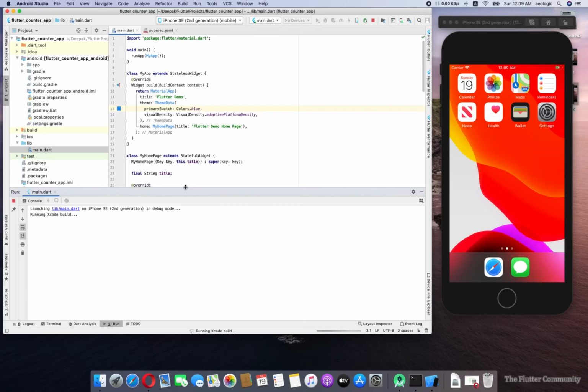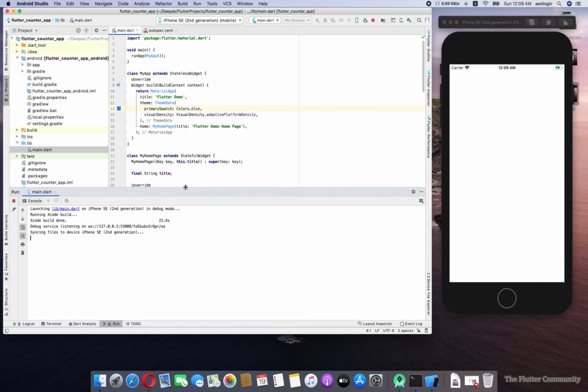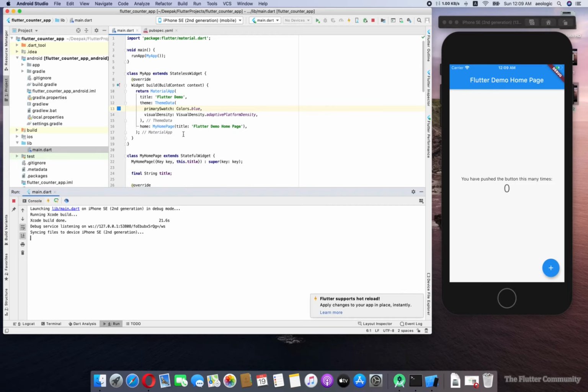I'm using the iOS simulator, so it will build and debug the IPA that will transfer to this simulator, and this simulator will open that application. So we have to wait for the building processes. It will take some time because we are building this for the first time. And once it is done, and we have opened this application, whenever we make a change, we just have to press Command S, and the change will be reflected here.